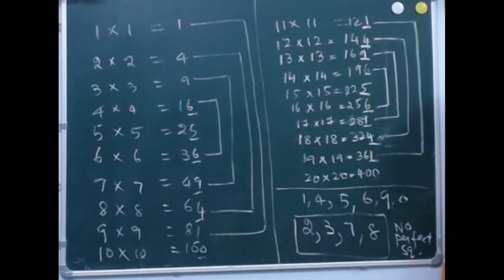It will not give you what? A perfect square. So just by identifying these numbers in the unit digit, only in the unit digit, you can be very well confident. So this will be useful in finding out the square root, whether this is a perfect square or not. Easily you can crack it.